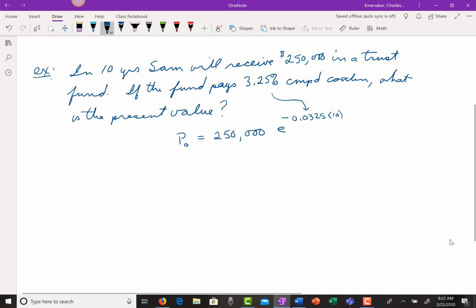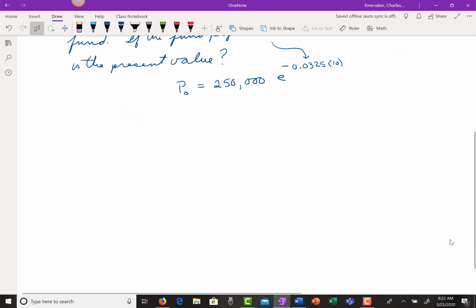Plugging this into your calculator, you should come up with the value, and please do plug this into your calculator. Take the time to actually work this out to make sure it really is working for you. You don't want to get on a quiz or something and find out for the first time, uh-oh, I don't know how to get this to work. You should wind up with